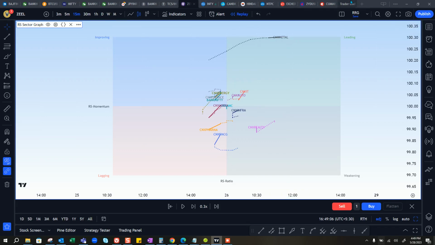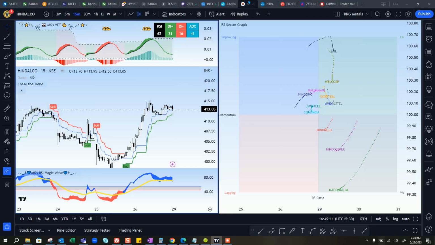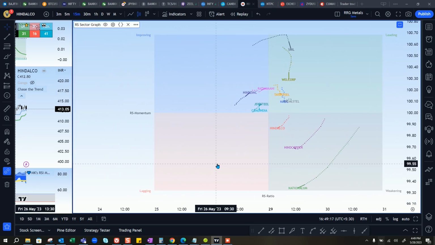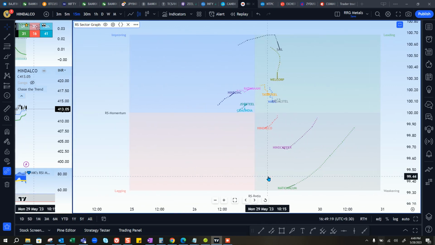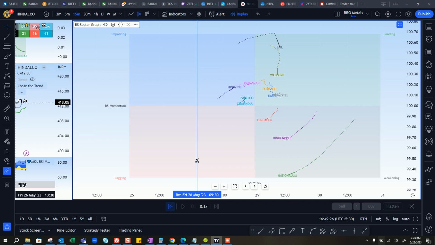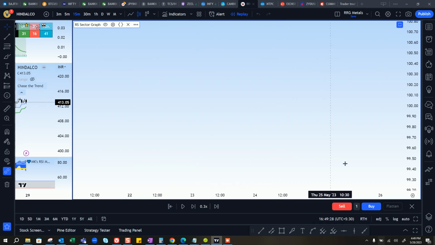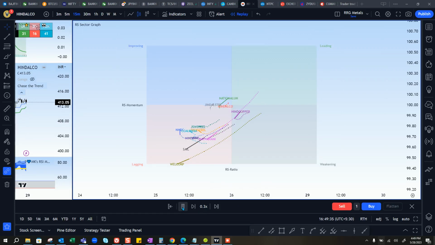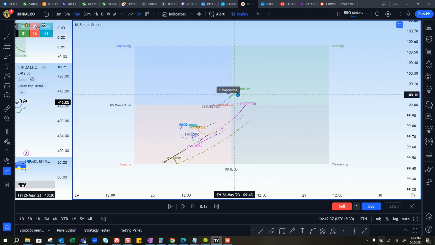I have all tabs open for each and every sector, running live on my different tabs. So I jump into metals and do the same kind of analysis here. Now we can go to bar replay here also, 26th, 9:15, and play. Then we can see immediately